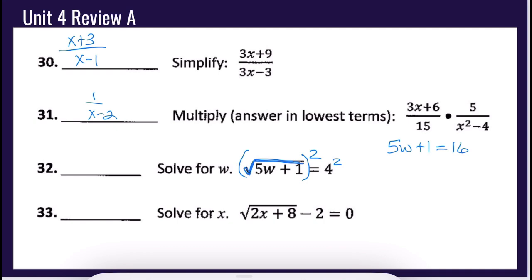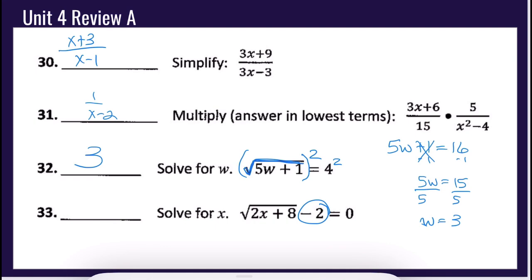Now we're just down to a two-step equation. I'm going to subtract 1 from both sides, cancel out there, 5w equals 15. Then I'm going to divide by 5, and w equals 3. So that's 32. Now 33, I do have a square root, but I still have something that's on the same